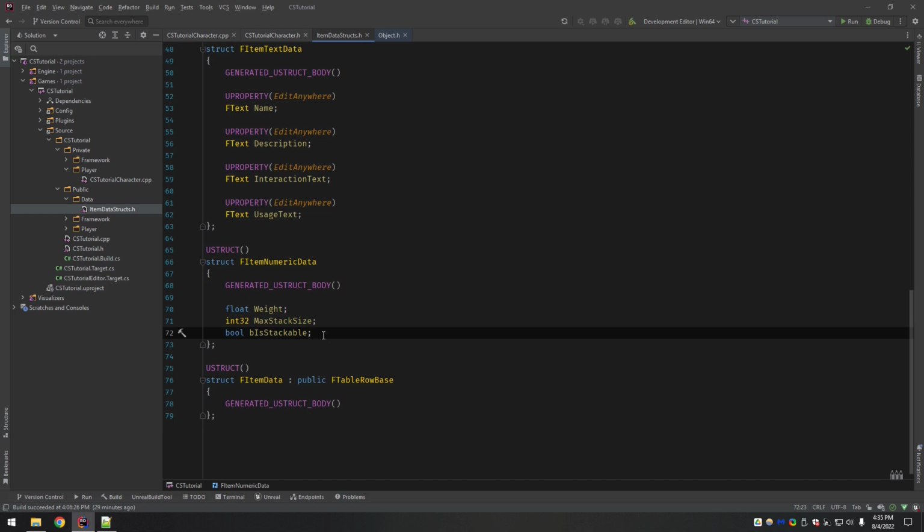This is because later on down the line when you have the inventory, a stackable item and a non-stackable item can be handled a little differently, and also good for the user interface because if it's not stackable, there's no reason to ever really display this or the quantity because it's always assumed you're going to have just one. So this is a very useful one that we'll use later on.